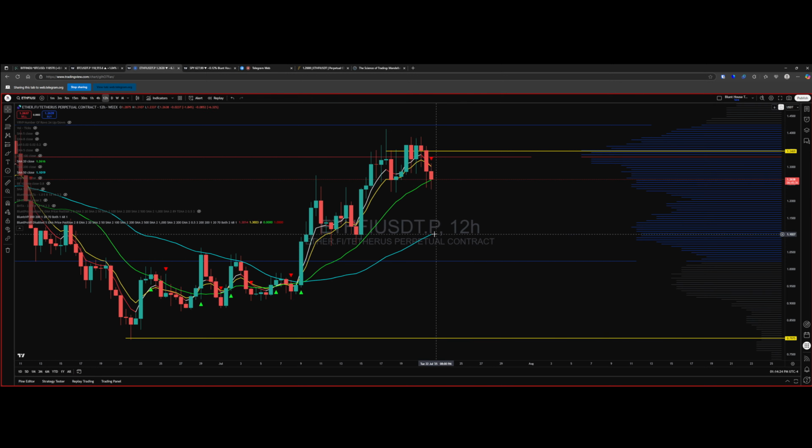Now we know where the 50 is. This is somewhat of a shelf, probably made up just of this in here. So if we break this level, we find the next. Now some of us may want to put the 100 in there just because we can, and in this case it's below the 50, which is actually not a good sign for price. It means that it wants to pull back here more than anything. If there was anything that it could have bounced off up here, if I was thinking that maybe the 100 would be sitting up in here, but it's not, so that's worse.